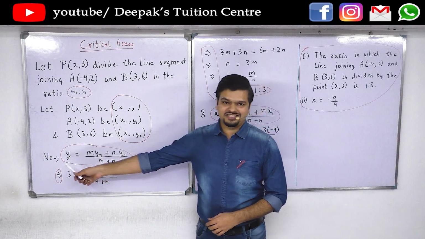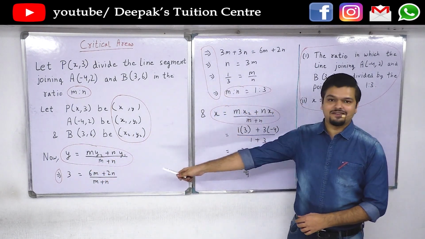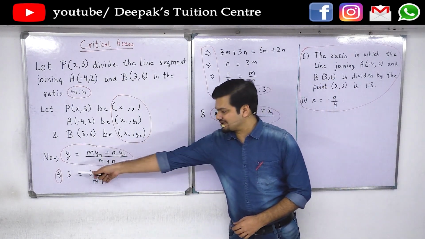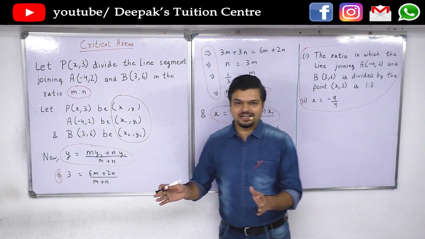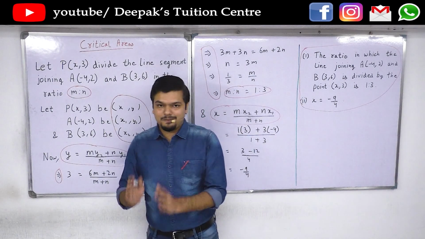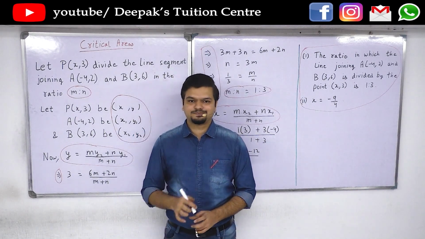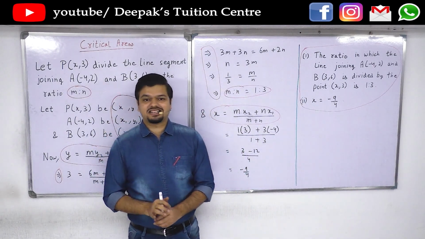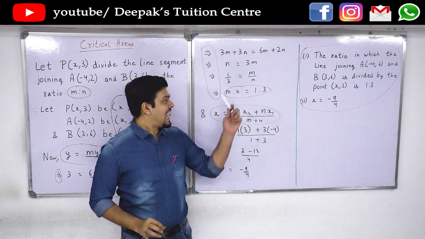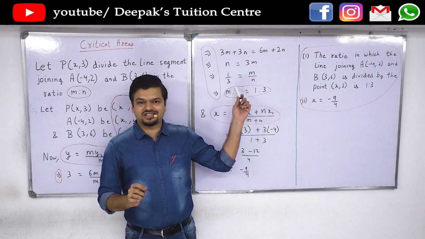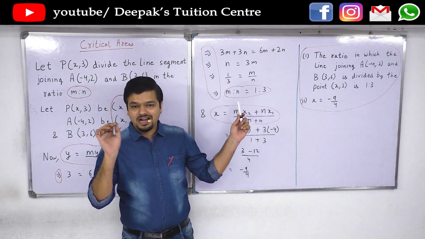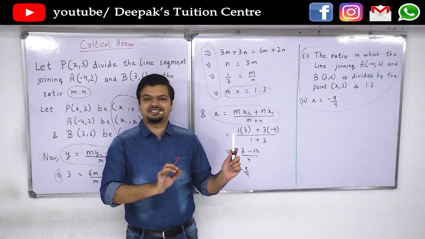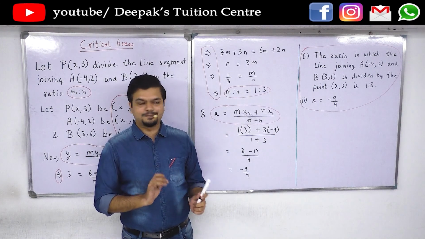Also, we should always display the formula. We should never miss out on that. And we should never miss out on writing "which implies", or you write "or". Whichever term you choose, you must write it and follow the rules. If the question specifically asks to write the answer as a ratio and you have left your answer in fraction form, then obviously your marks will be deducted. You need to make sure that the format in which the question has demanded is complied with.